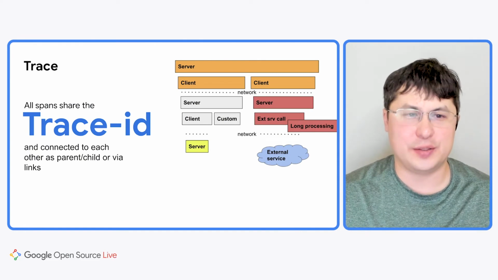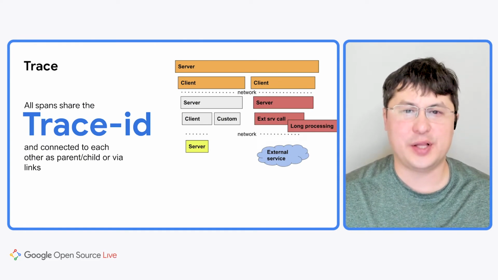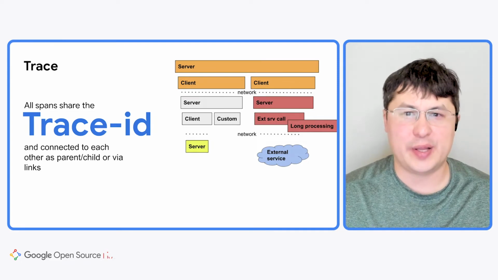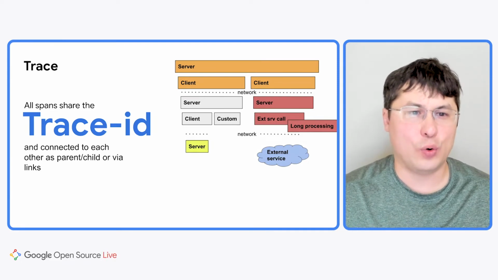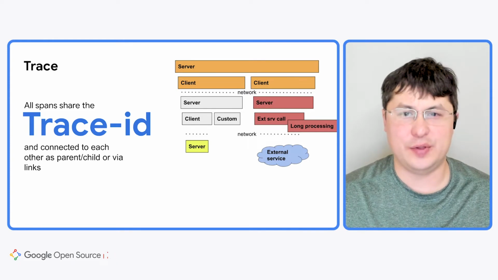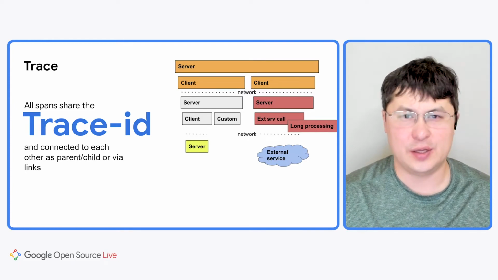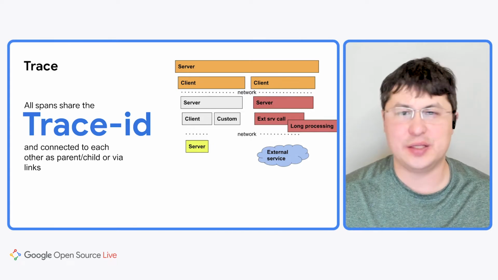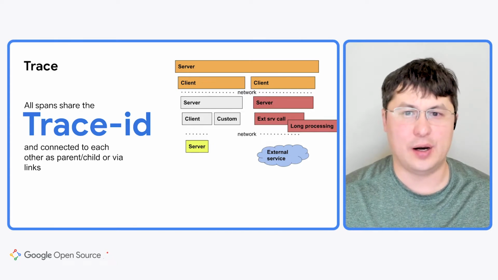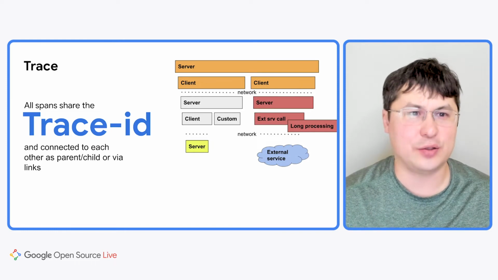To better stack them together, there is also a concept of parent-child relationship. It's when one span calls another span to execute, or links. Links may be between spans or maybe between different traces. When this trace initiated maintenance operation, long-running trace that connected to the original trace but not directly related to it. So now with trace ID, you have a power of defining the whole trace and knowing all the spans for the whole trace. So you know the shape of a trace.